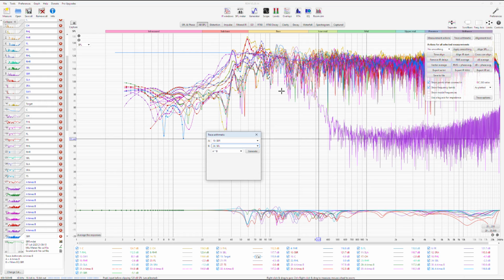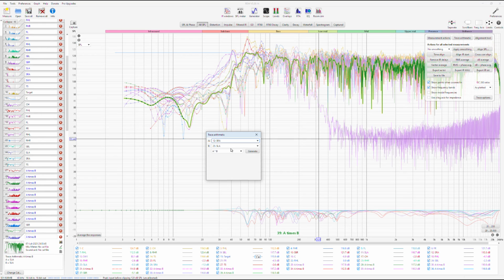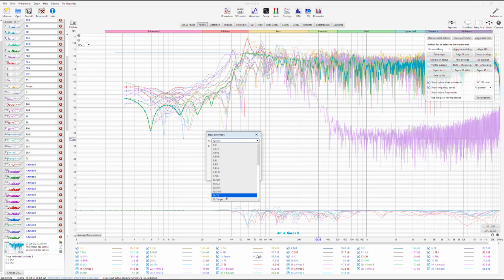Trace arithmetic, surround back right, and SLA, SRA, and top speaker times top speaker.